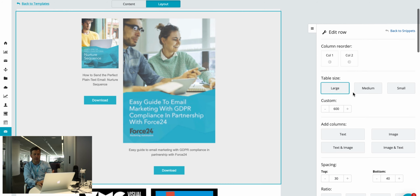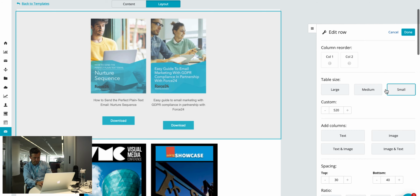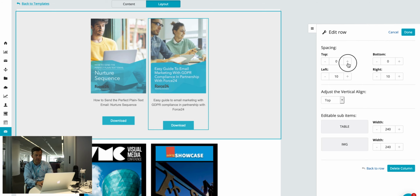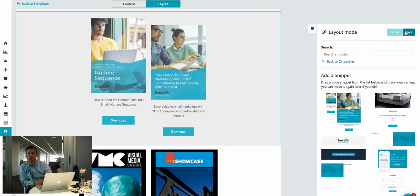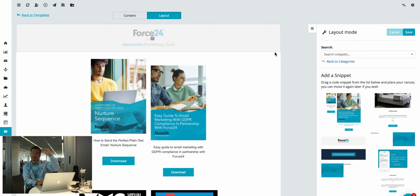of this particular email, and I can make it a different size. Swap the columns round, for example. I can go into any one of the columns and I can start padding it down. I can do all that stuff, but nobody respects me for it. Focus on what's important to the user, and that is simplicity. Single column, single message, single hierarchy. That's where we're going. So that's how to build a really, really quick email, fully dynamic, personalized email, just dragging